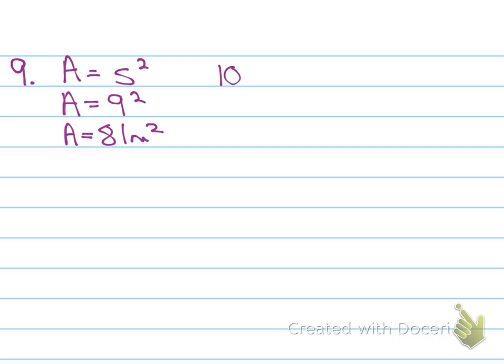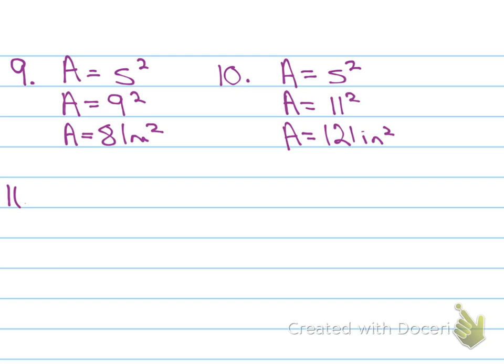All right, number 10. Start off with my formula. You see a pattern here, guys? We always start with either the original problem from the question or the formula. A equals S squared, A equals 11 squared, and A equals 121 inches squared. All right, and then last problem, number 11, starting with the formula, A equals 1.5 squared, and A equals